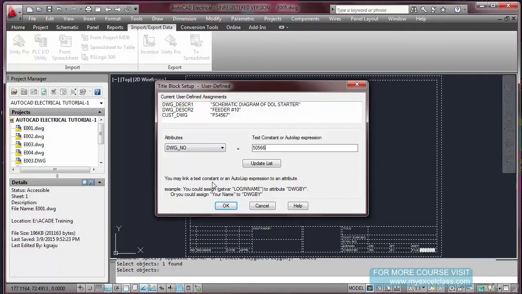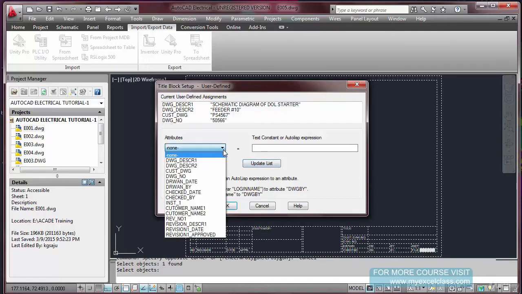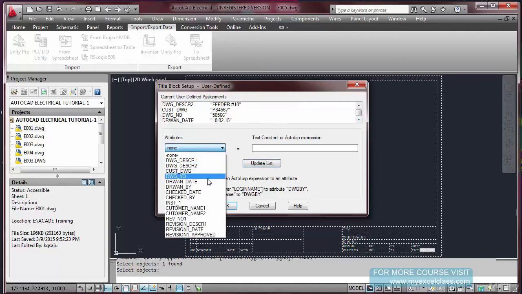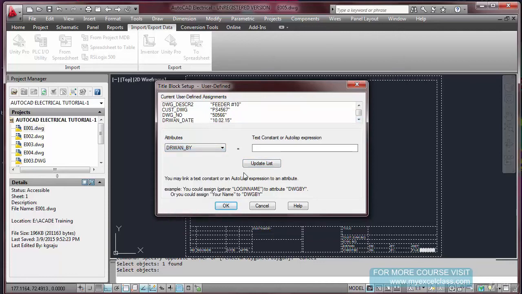Now go and select drawing number, our drawing number 50566. Update list. Then drawn date, 10/2/50. Update list. Drawn by, those are normally initials we put.